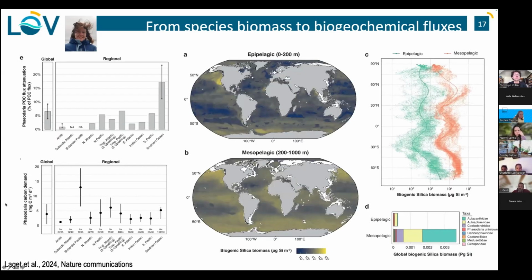Then she investigated, she looked at the biogenic silica biomass that was generated because of the presence of this organism, because Phaeodarian at that depth are the only source of potential silica. And so she could map the contribution of the different species to the total silica biomass that was measured at depth. So it's just to give you an example of how you can move from single observation to something that gets into mechanistic understanding of the variation of different fluxes.